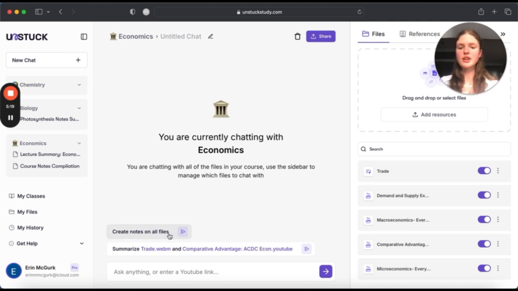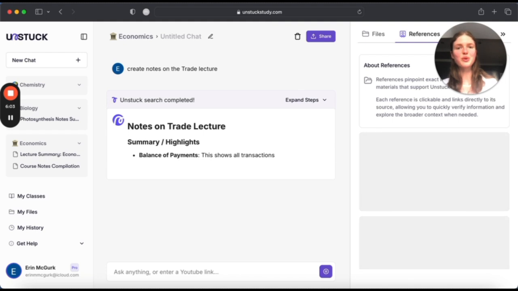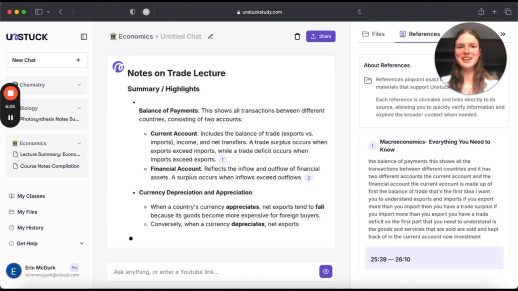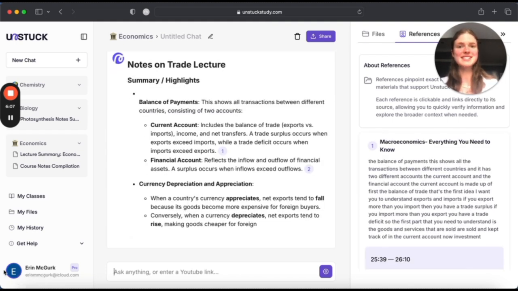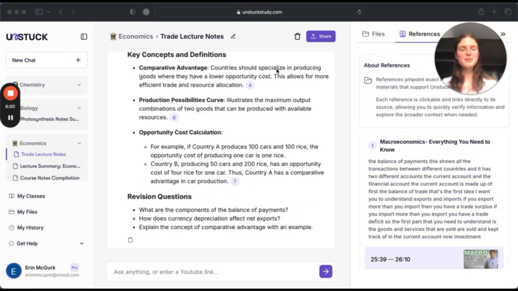So we could create notes on all files, or we could create notes on a specific file. For example, over here I have recorded a lecture and I want notes on this lecture. As before, notes will be created on the specific file contents with references that you can go through as you need. Now, importantly, you can see that this new chat called Trade Lecture Notes has appeared underneath the